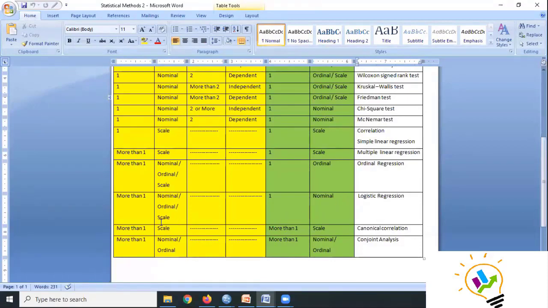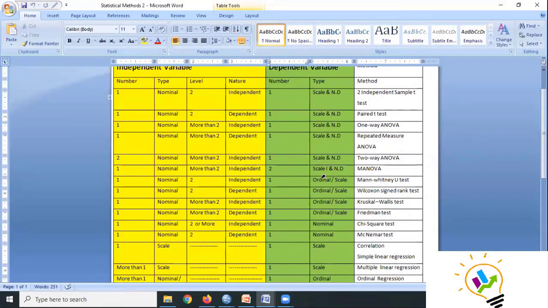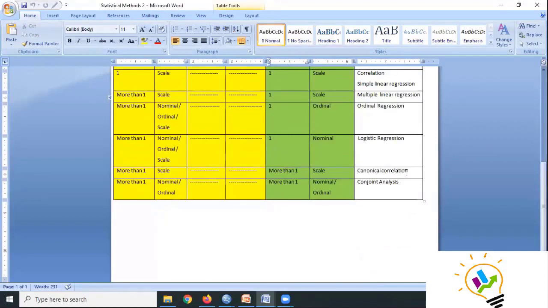And if both are scale, this is a very important condition which we actually face. Both are scale data and more than one, and the dependent is also more than one. Only for MANOVA you can see this one, more than one. And here, where it is more than one, we will be using canonical correlation. Okay, sir. And if both are nominal and both are more than one, we will be using conjoint analysis.